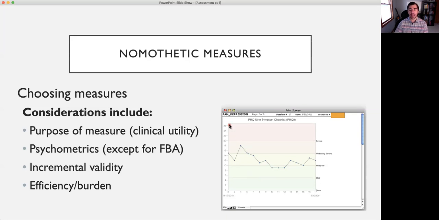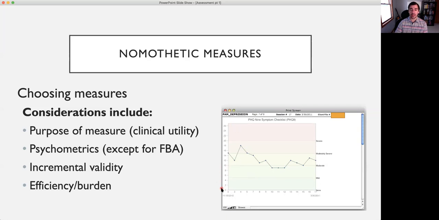This is actually real session data, a real progress graph from a client that I worked with many years ago, but I thought would be a good way of showing this. So the PHQ-9 is a 9-item questionnaire on depression that can be administered weekly. It can be administered frequently across treatment to see how someone is doing as part of this treatment. And the scores can range.